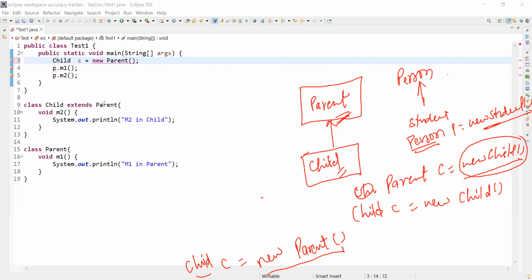So we can say from this example, child is a subtype or subclass, right? Let me know if any confusion. No confusion? Okay.